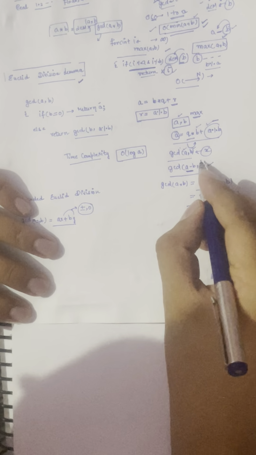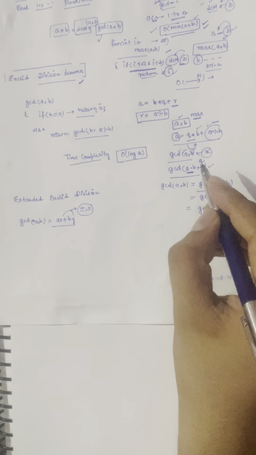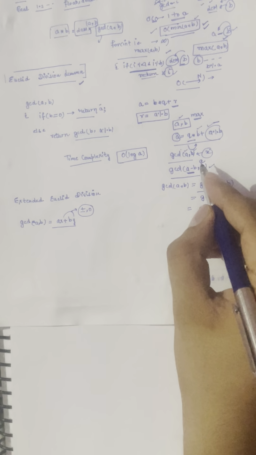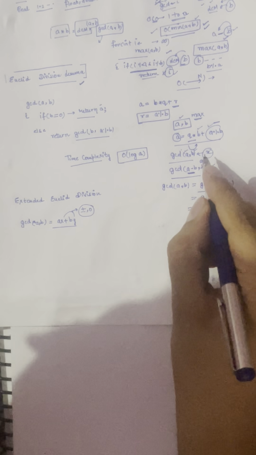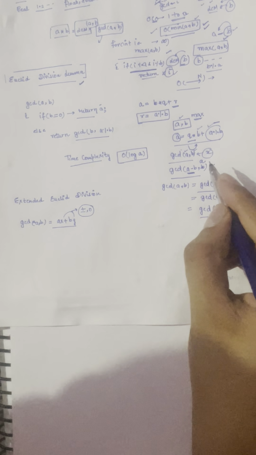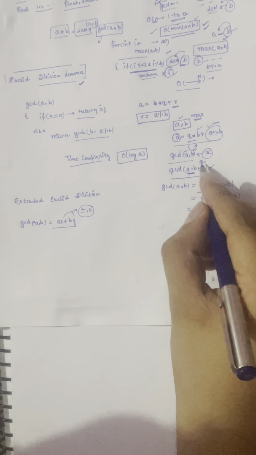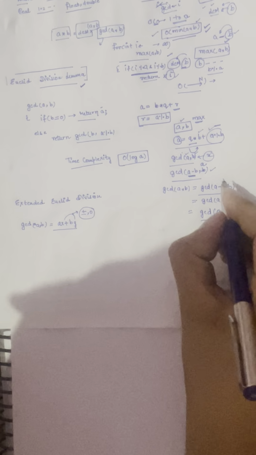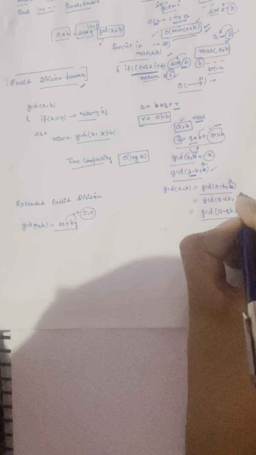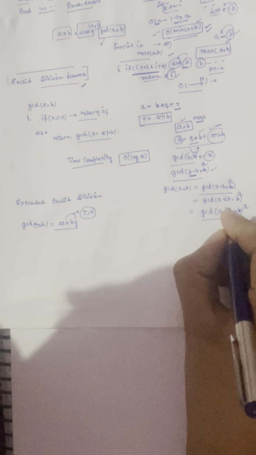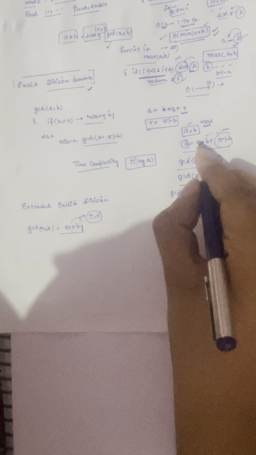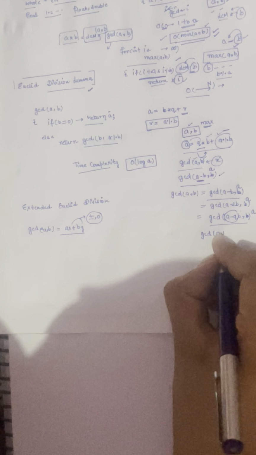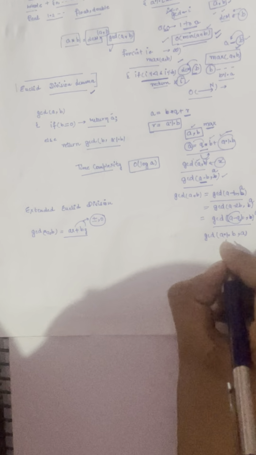GCD of A minus B is the same as GCD of A, because x divides A and x divides B, so x will also be able to divide A minus B, and GCD of A minus B and A would also be the same as GCD of A comma B. So A minus QB is A modulo B. So GCD of A modulo B comma A,